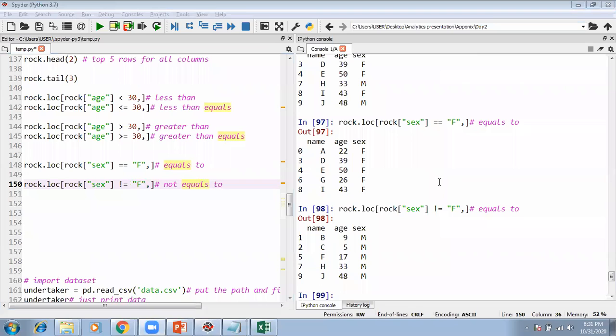What operations can we do with NumPy? NumPy is going to help you for all the numeric operations. Okay, the numeric operations, if you want to do maybe a sum or average or standard deviation, or such things, variance, median, all sorts of numeric operations will be done by NumPy.